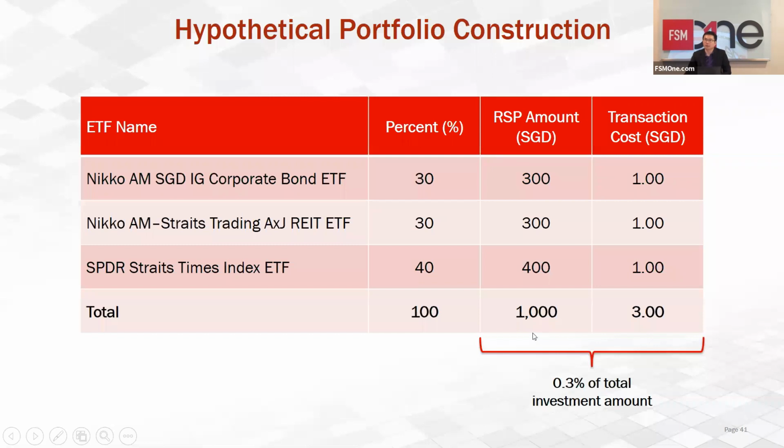Okay, and if you're looking at a monthly contribution of about $1,000, then you should be putting about 300 into the bond ETF, 300 into the REIT ETF, and 400 into the STI ETF. And again, your transaction cost is $1 for each of the RSPs, and your total cost for this ETF is still $3. So as a percentage of your total investment amount, your transaction cost represents about 0.3% of your investment